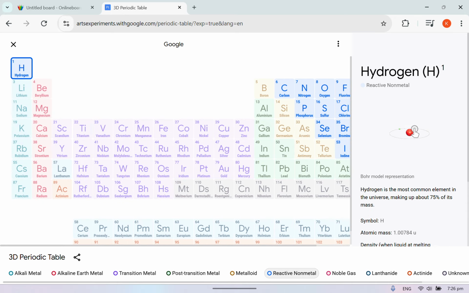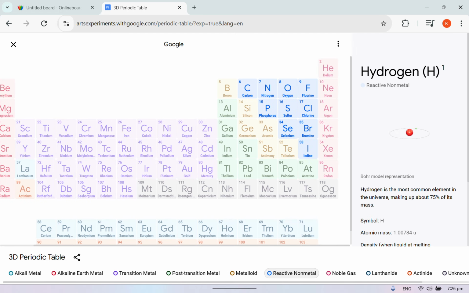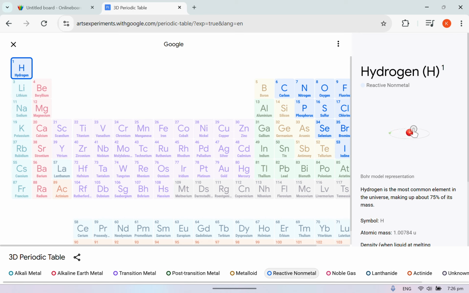Now, this is the technical stuff. Let's go through, that was not the technical stuff. We're going through the technical stuff now. You probably call these columns, and you probably call these rows. But that's actually wrong, they have a specific name. These are called groups, and these are called periods. So you guys must know groups and periods.